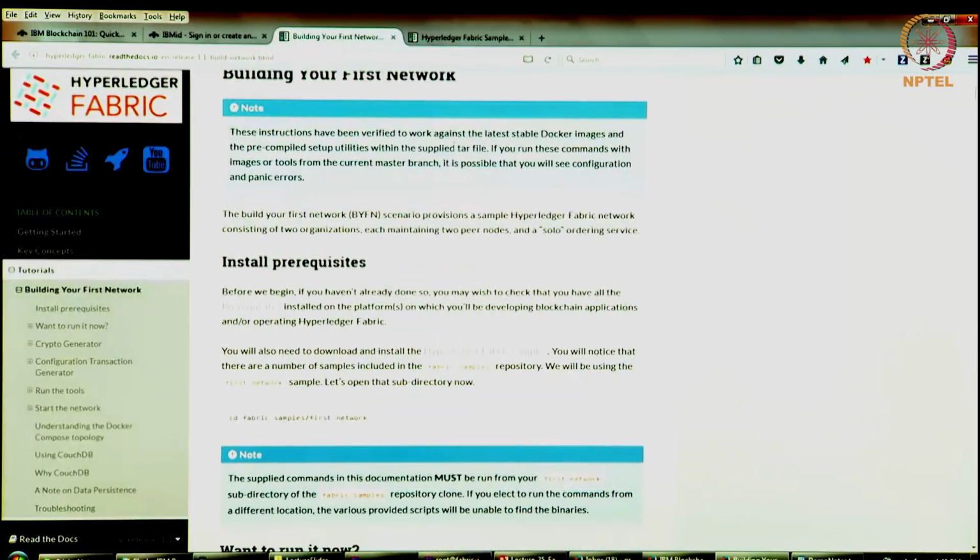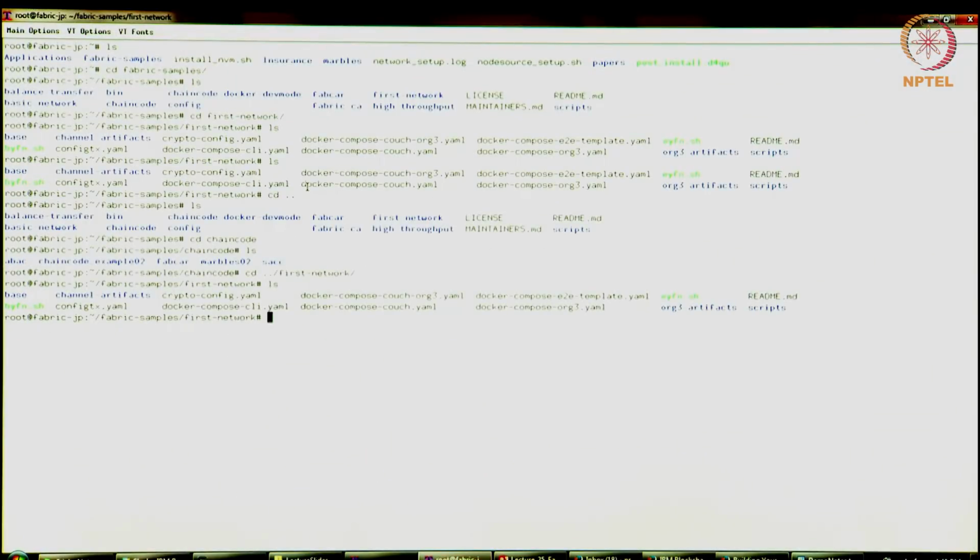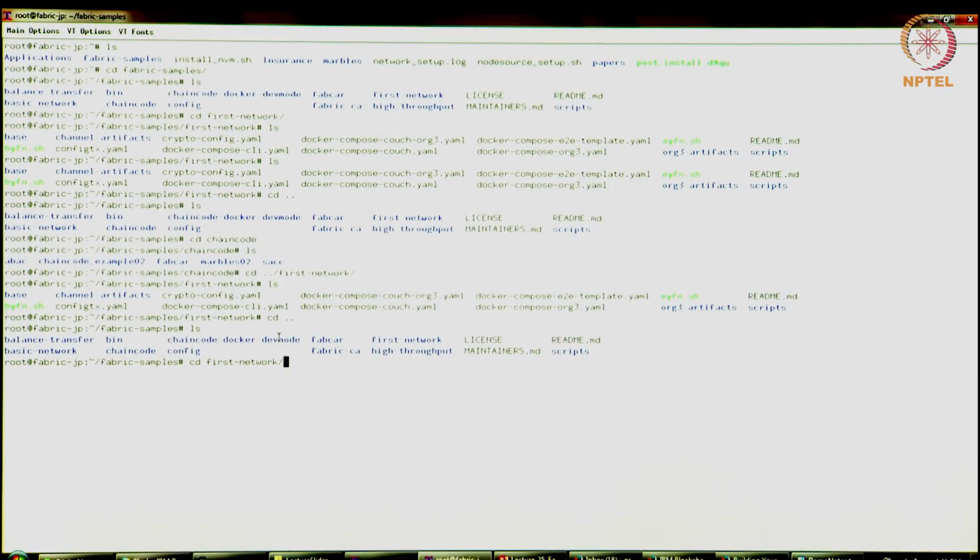Okay, so let's go back to the network now. What are we going to do? This is the command line interface for my virtual machine. I am in the fabric-samples/first-network folder. Let me get back to the Fabric samples folder. There are many folders here, but I'm going to use the first network, though there are other examples as well. There's a basic network that will give you a different topology and certain other aspects of setting up a network. But let's start with this first network.